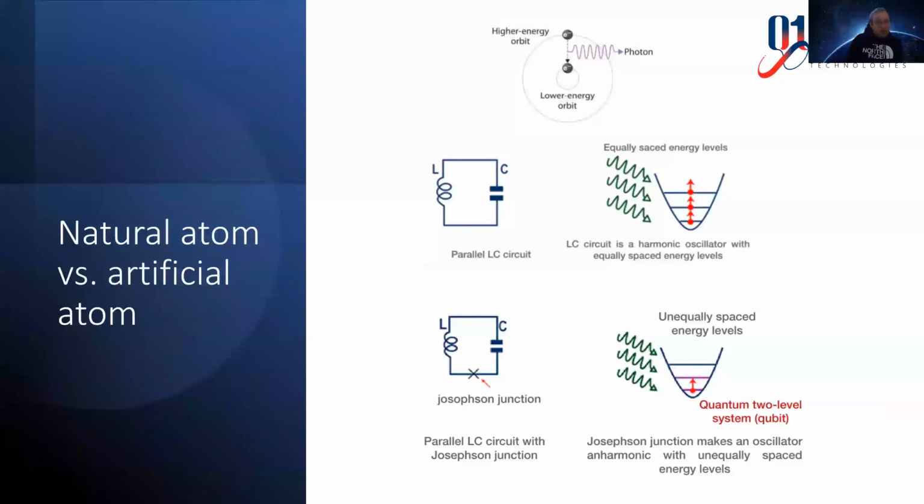Now we want to understand how we can build an atom on a chip. Because an atom is inherently a two-level system, it can be used as a qubit, and we want to see how we can use an artificial atom to do quantum computations. So the energy levels in an atom are non-equidistant. This is a characteristic of atoms, which allows unique frequencies between different energy levels. For example, in the hydrogen atom, each transition corresponds to light emission at a certain wavelength.